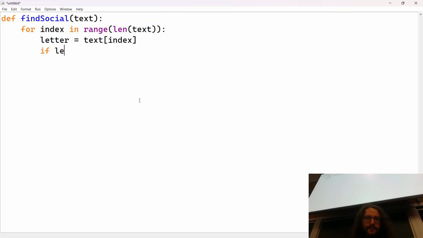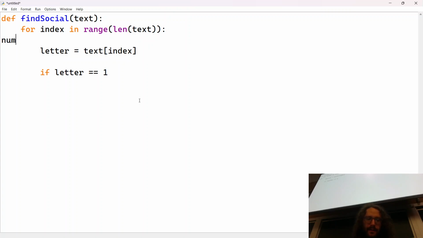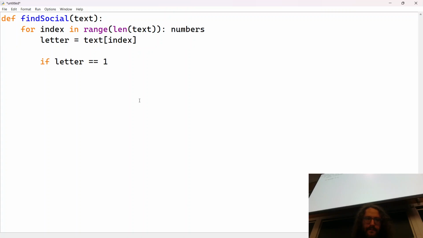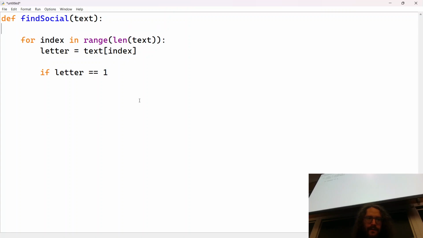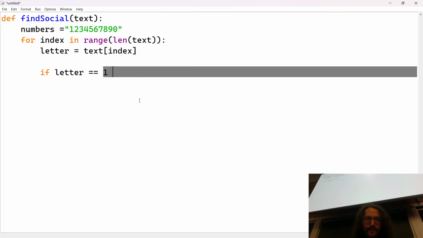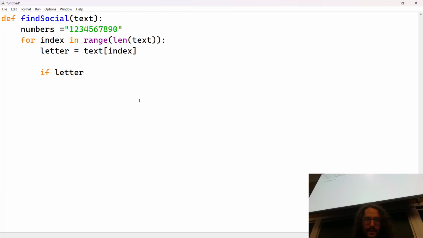If letter equals 1 or 2 or, no. Instead, we're going to simply say numbers. We're going to put this up here now, because we need to write down what all the numbers are, and I can just go across the keyboard and put that into a string. And we'll say if letter in numbers.